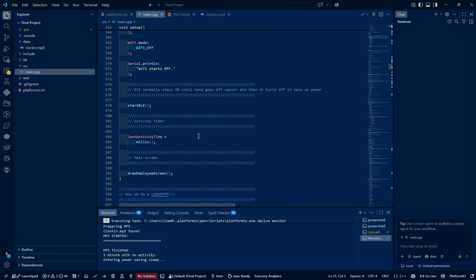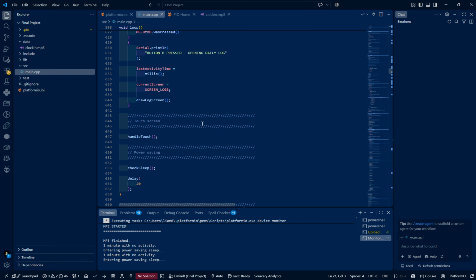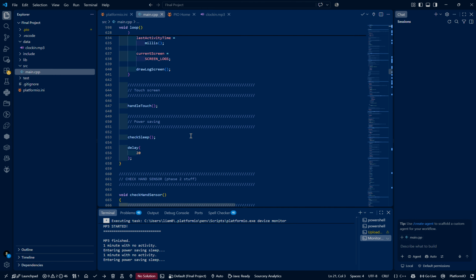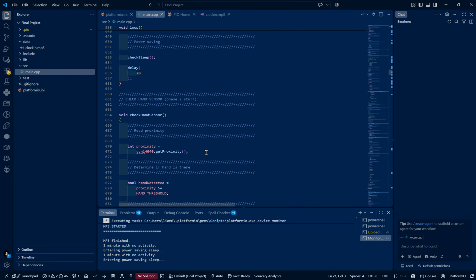And then the MP3 again should consistently keep going within the loop. Checking that hand sensor to see if the VCN 424 is a hand sensor. And then the button B will be the middle physical button, and it will show the daily login for the day. If it was pressed, it's opening the daily login, and then we will see that in the actual hand demo. Once it shows the touchscreen, and then we have our power saving. This checks hand sensor for the phase 2 stuff. This reads again proximity